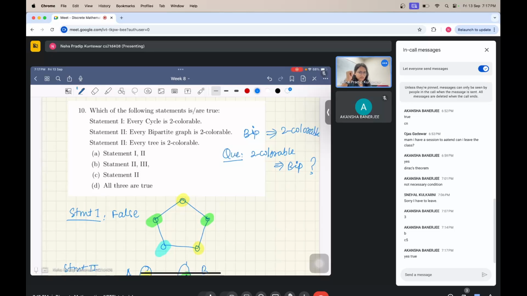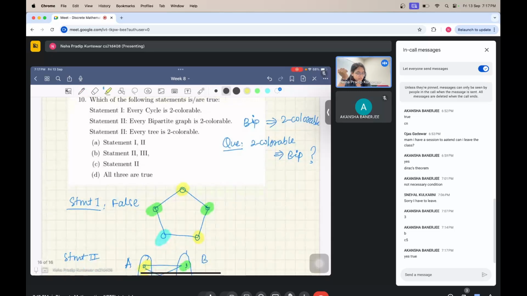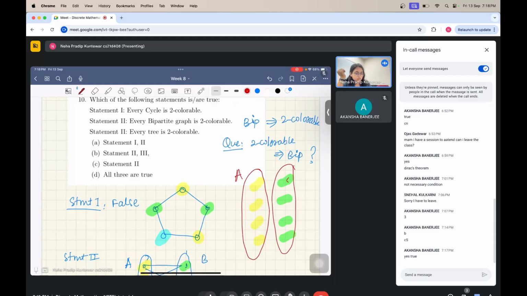Yes. So the idea is again similar. If you have a two colorable graph, and let's say I'm coloring it with yellow and green, what you do is you take all the yellow colored vertices and collect all the green colored vertices on one side. Then you think of these yellow colored vertices as your partition A and the green colored vertices as your partition